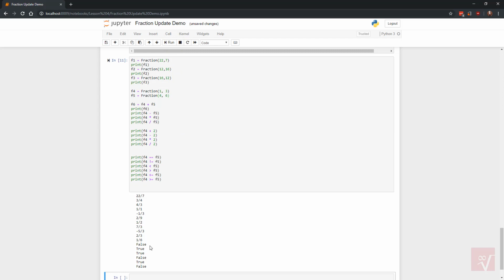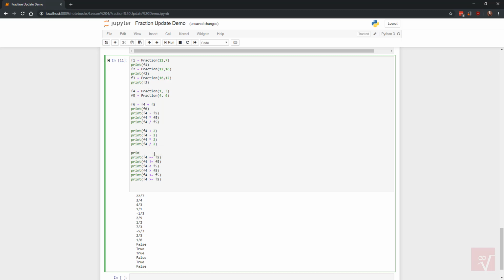And all of the code is still functional. We still have equals and not equals working. Notice the first one is false, the second one is true. That's the equal, that's the not equal. So that still works. The true, false are all the same, because F4, if we take a look at F4, which is hard to figure out which one it is,